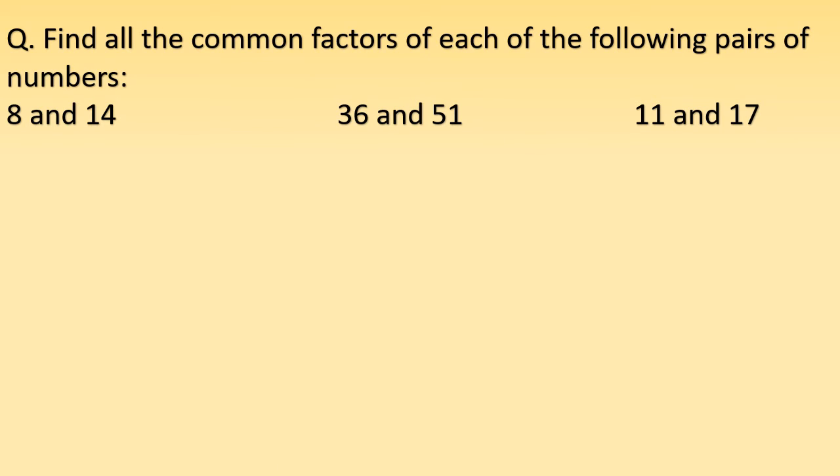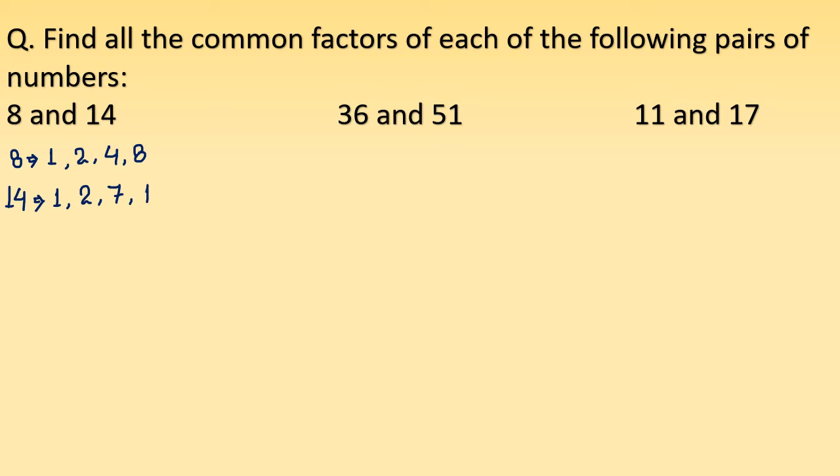Now look at the question given here. We have to find all the common factors of each of the following pairs of numbers. So the first pair given to us is 8 and 14. So write the factors of 8. Factors of 8 are 1, 2, 4 and 8. Now write the factors of 14. So factors of 14 are 1, 2,